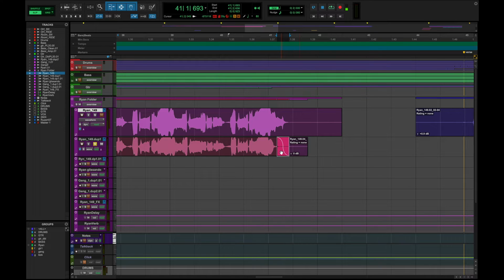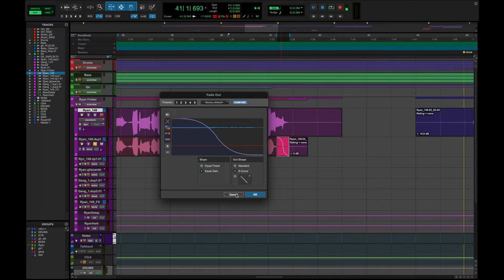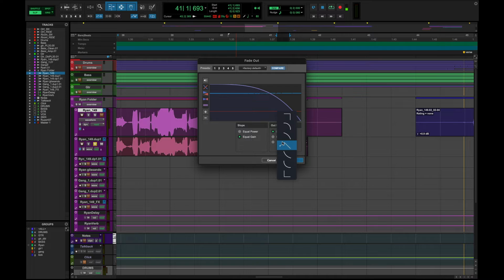So if I want to edit this shape, of course now we can just kind of do it in the box, but I think when this lesson was written it didn't say that. So I can use my grabber tool. I'm on the smart tool, so the bottom half, grabber tool, double click on it, opens up the fade out, in this case dialog box, or I could just say Command F, and then I can choose one of the kind of the defaults, or I can just get this and start